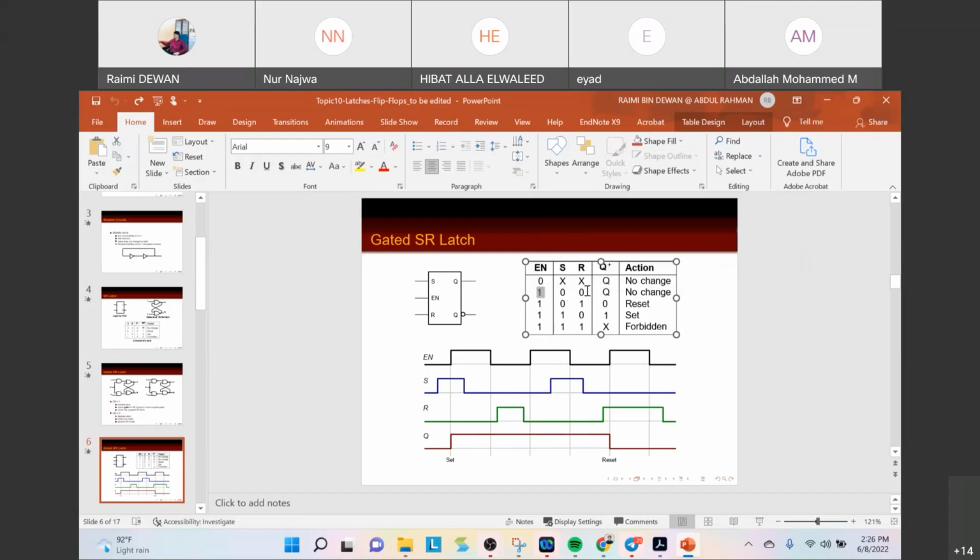And if you have 0, this 0 is don't care. Then after that, if this is a rising edge, we need to put some input combination there. So 0 0, what does it mean? When enable is activated, the gated SR latch will perform the SR latch operation. So at this point it is enabled, so 0 0 will be no change, 0 1 will be reset, 1 0 will